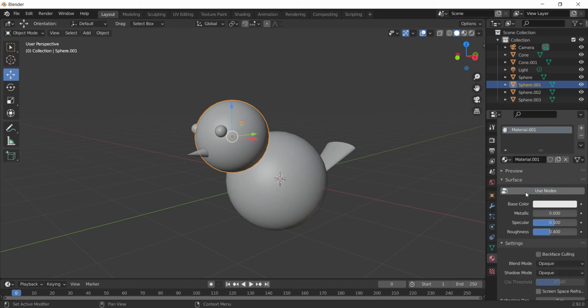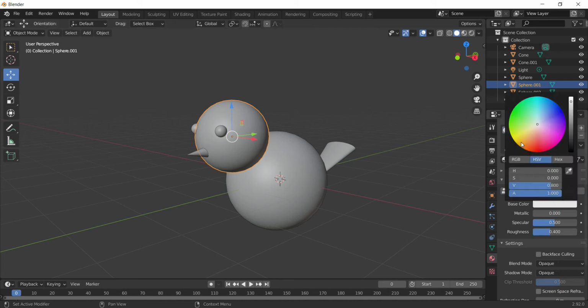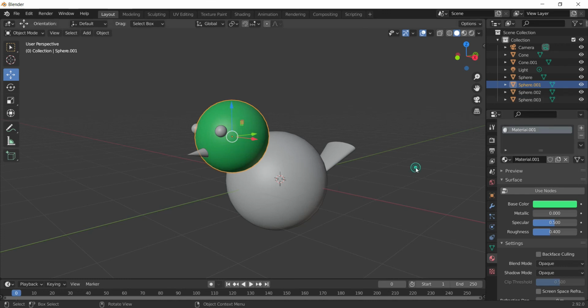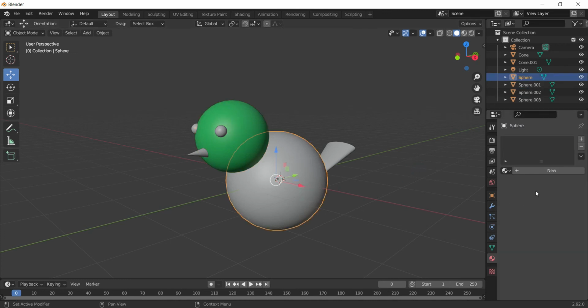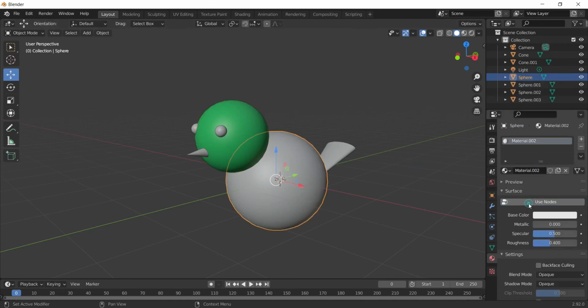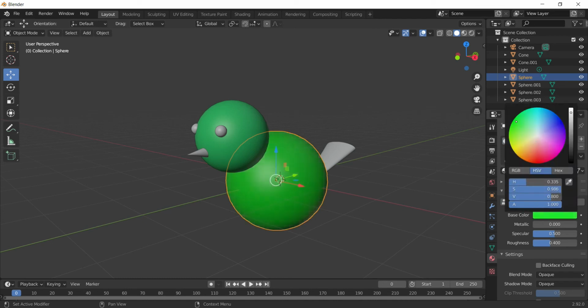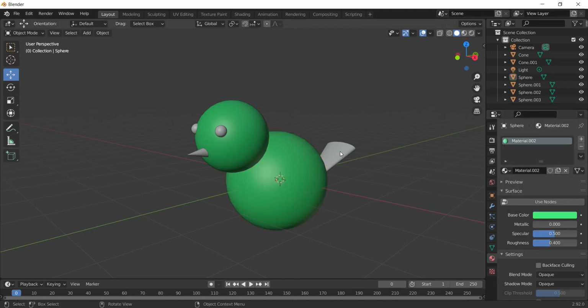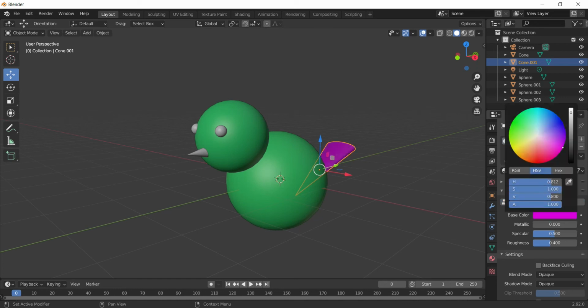Now to apply the color on the selected object, I will click on this base color and apply the color. Select a new object, click on new, disable use nodes and apply the color. Disable this and maybe some different color, maybe black.